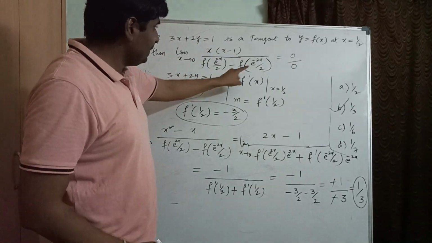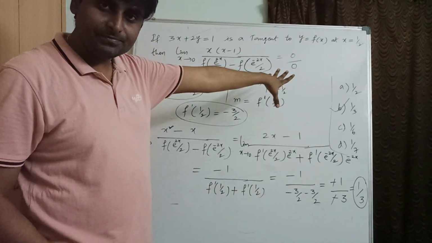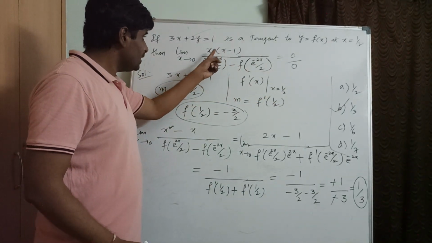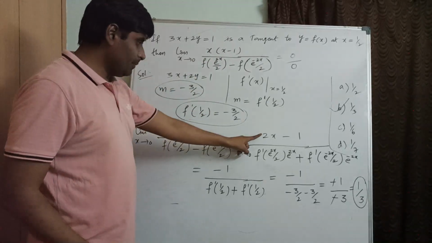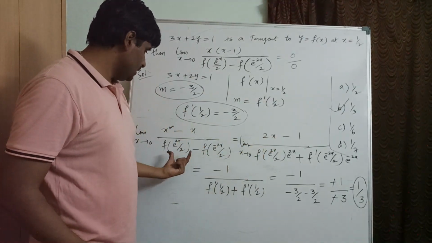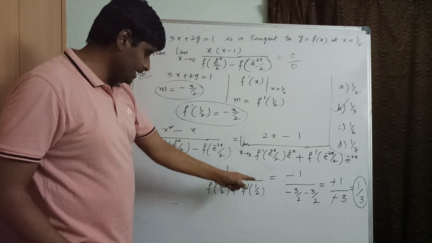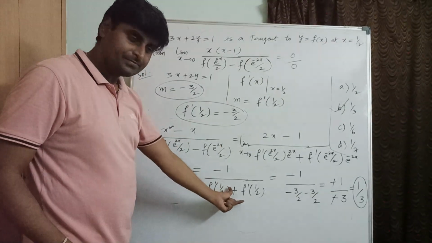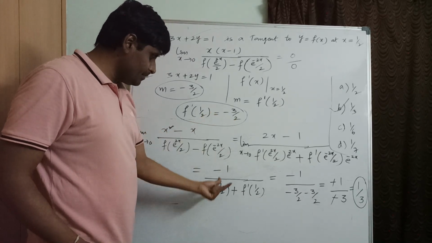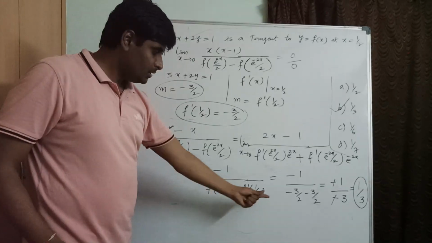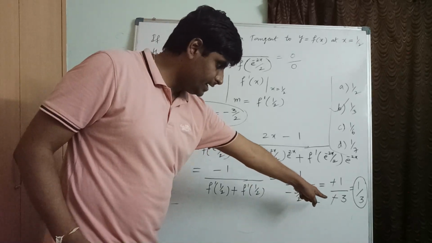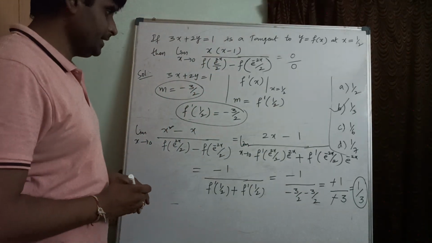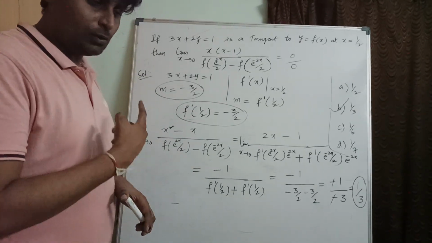But every such limit will be in 0 by 0 form whenever the limit exists. Correct? So now here rewrite and apply L'Hôpital's rule. 2x minus 1, derive this properly. Then substitute the limit. We are left with this term only in the denominator. Then substitute minus 3 by 2 here. Here also minus 6 by 2, minus 3. So 1 by 3 is the answer. Clear? So hope you enjoyed. Right? So pause the video. Make a note of it.